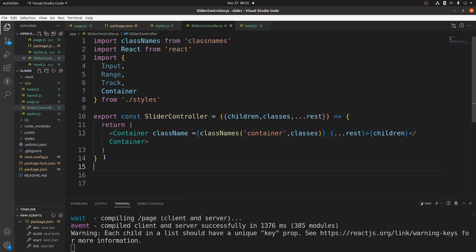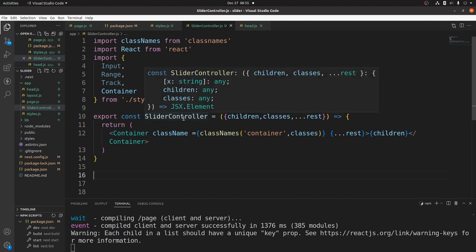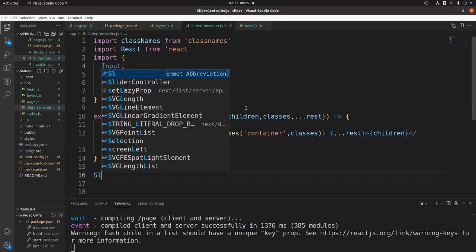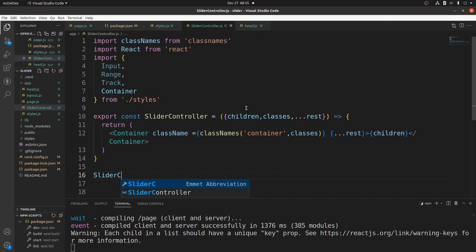All right. The approach we're using for building this application will be a compound component. Because we're using a compound component, we can simply use the slider controller with dot notation to access the input range and track. Right now we can build it by saying SliderController.Input, and that will be a function that takes some props